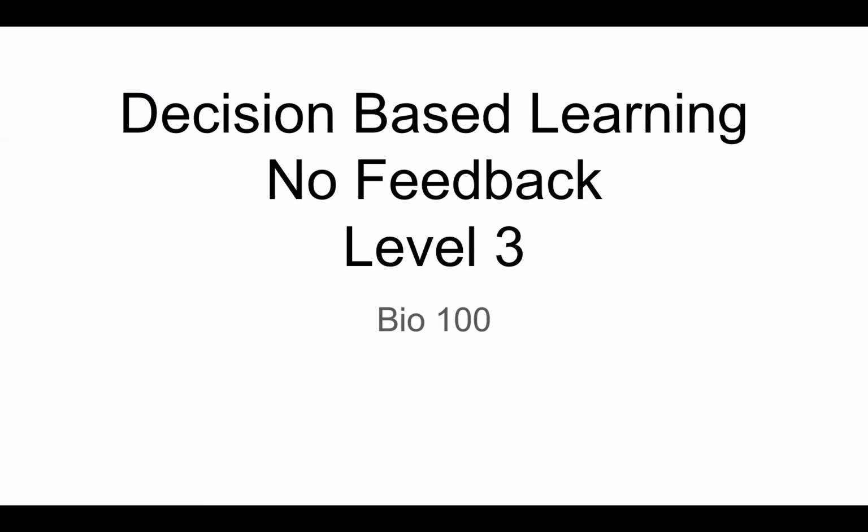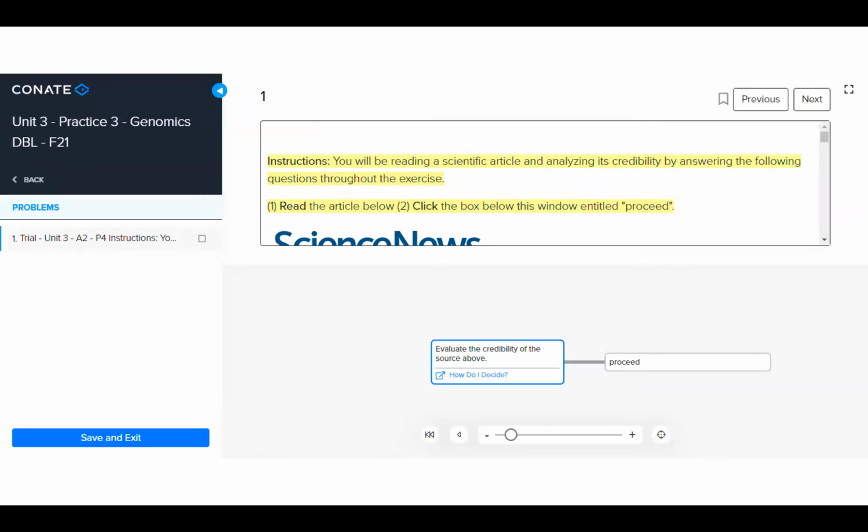This video is going to walk you through level 3 of Bio 100 DBL, which is no feedback. It will also explain the mandatory journaling activity that is associated with this level. Level 3 is meant to be a simulation for the major DBL assessment that will be given at the end